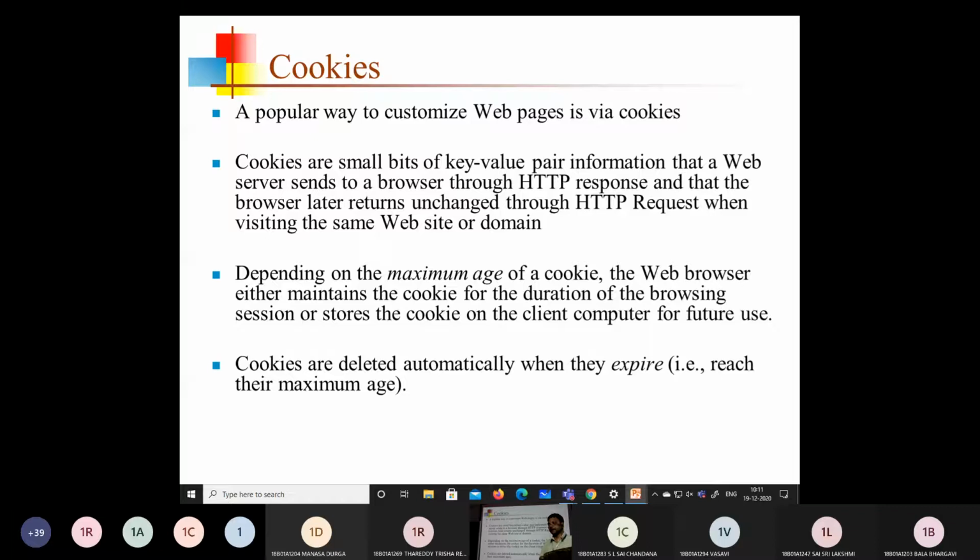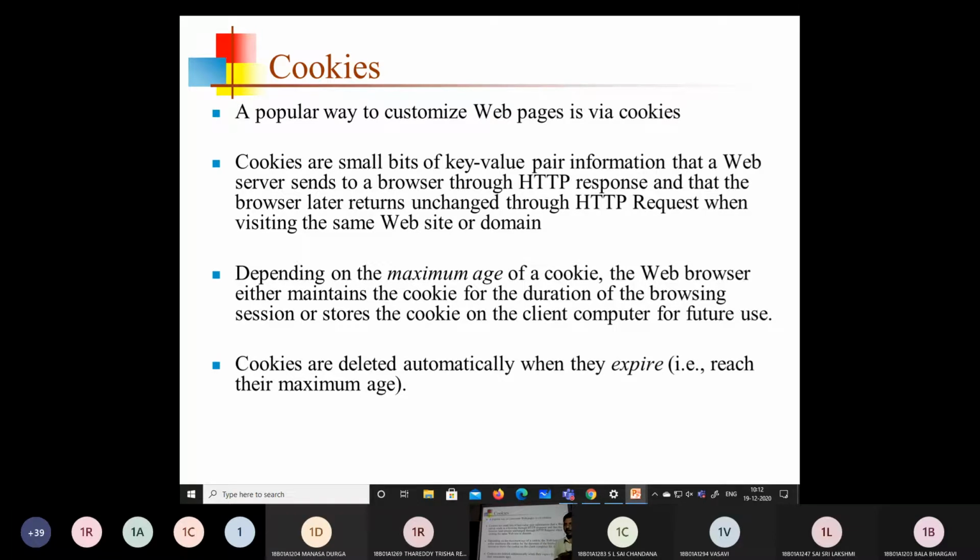This cookie also consumes a small amount of memory at the client's side, which is dedicated to the web browser itself. The cookie is transported from the client's web browser to the HTTP server and from the server to the browser.